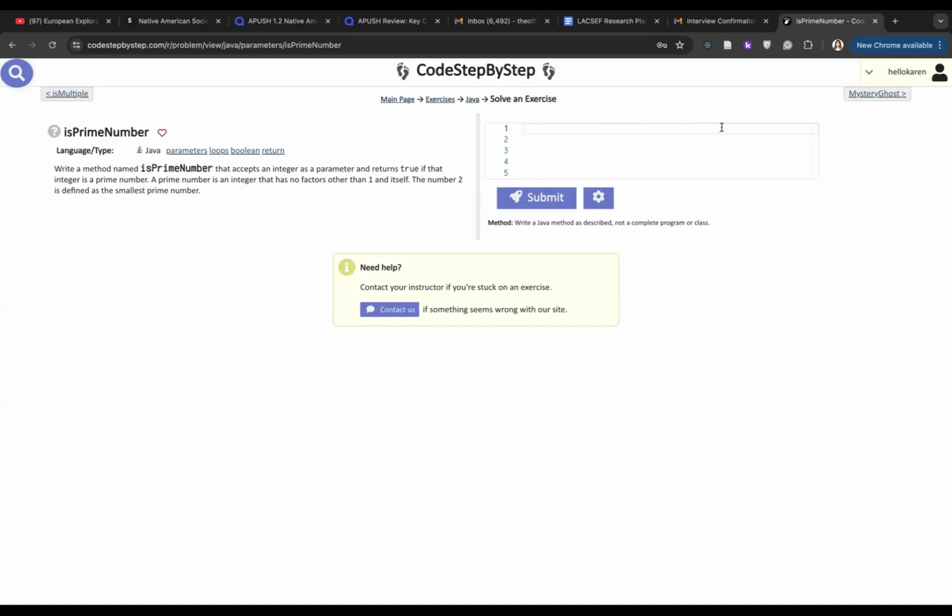And then afterwards, for the other integers that are two and larger,